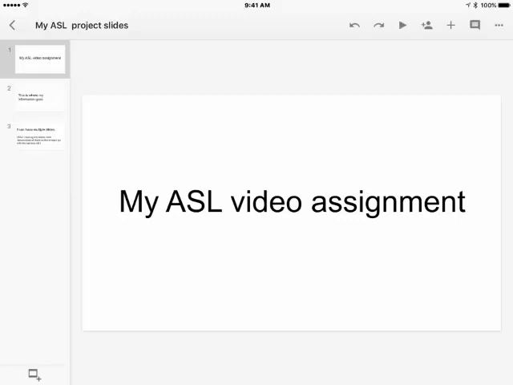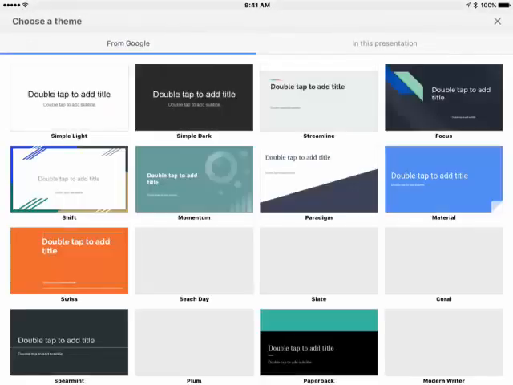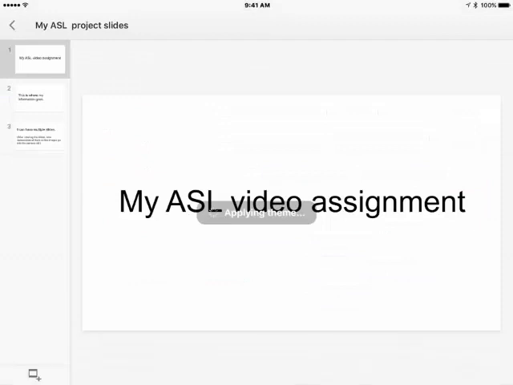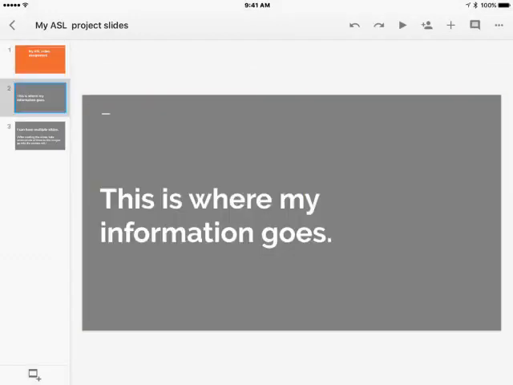You want to make sure that your font is pretty legible because this is going to be a picture-in-picture, so your words are going to be smaller, so you're going to want to make sure that they're easily seen. But again, you can personalize it a little bit and change the theme, however. So what you're going to do here is you can have one Google slide with all of your information, all